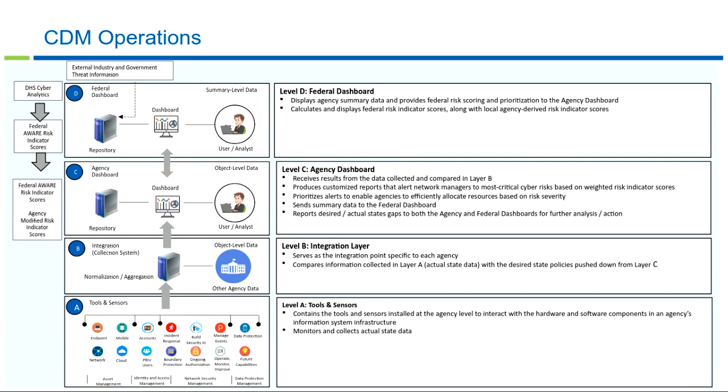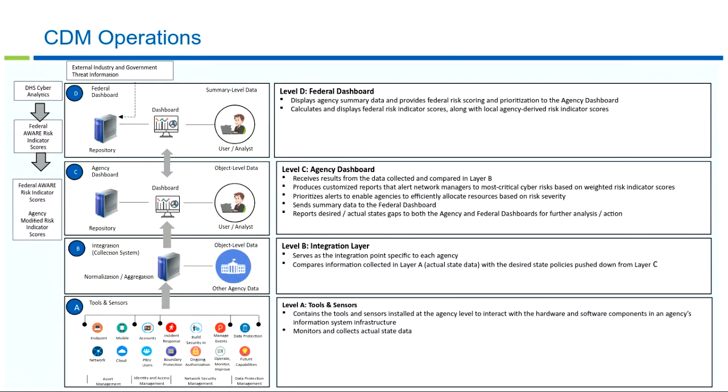So there are two main things that come out of layer C. Number one is the gaps between the desired and actual states for those who are measuring for CDM, which is, again, what's on the network, who's on the network, how's the network protected, what's happening on the network, and how's the data protected. And so it measures the desired versus the actual state. It also gives you a risk severity rating based on an algorithm called the Federal AWARE Risk Indicator Score. You can see over on the left-hand side, that information is also pushed down, top down, because we're prioritizing certain gaps or certain risks that are applied